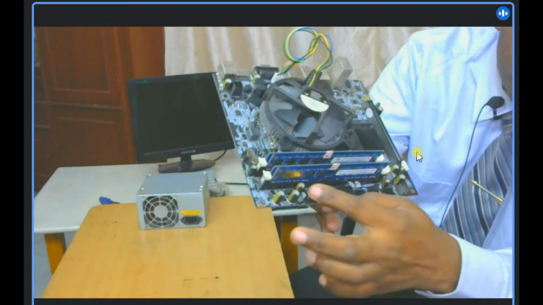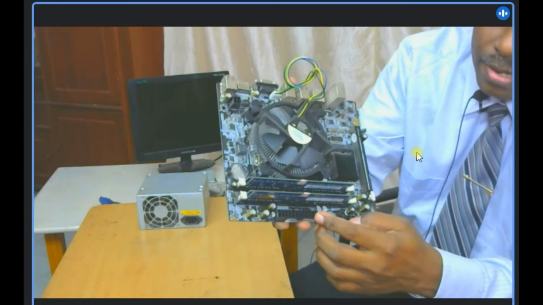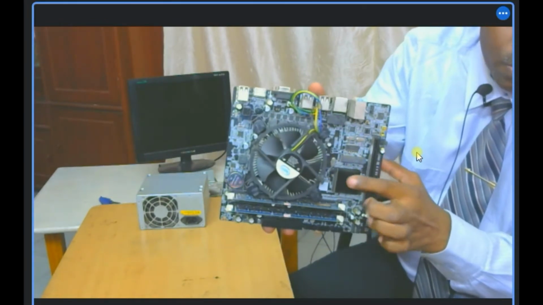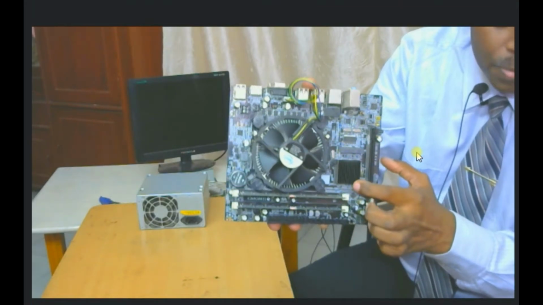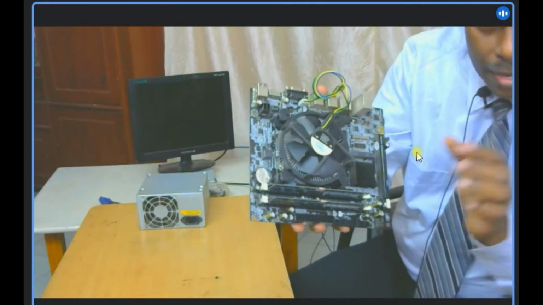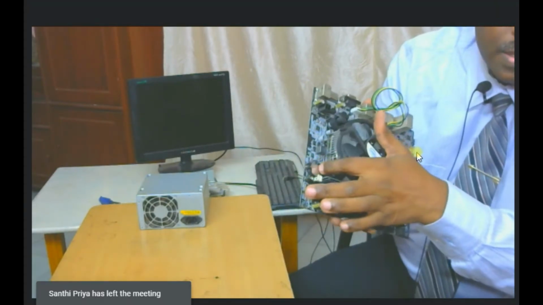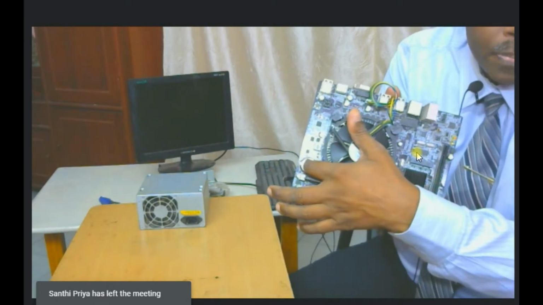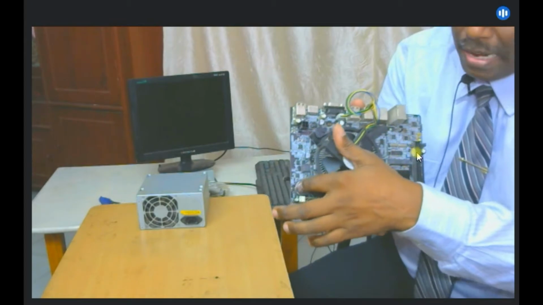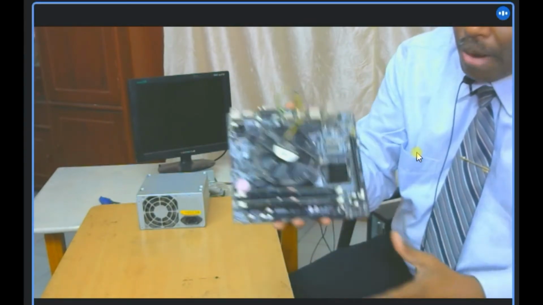What is this for? The black one? Power socket. Right, absolutely. What is this? This is called the chipset. Every computer has the same. And what is this? Battery. Yes, the battery for CMOS, for date and time, the clock and everything. Right. These are all the parts of the system.